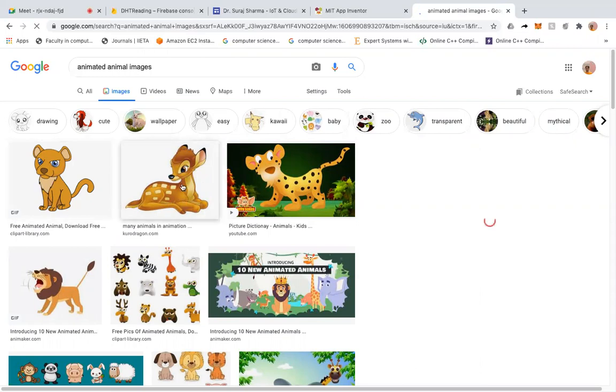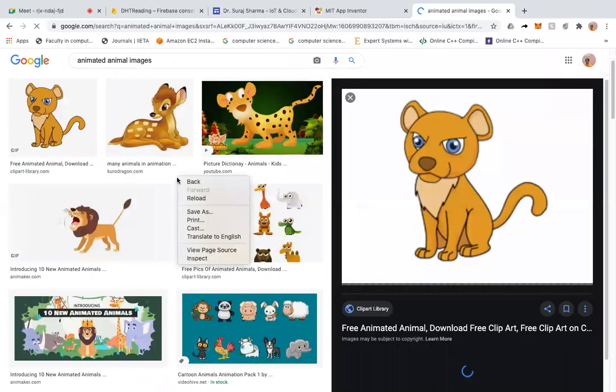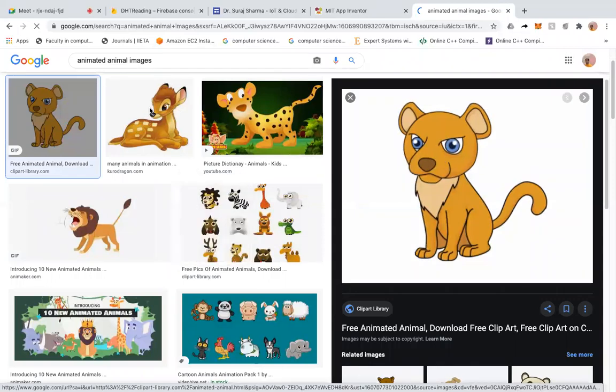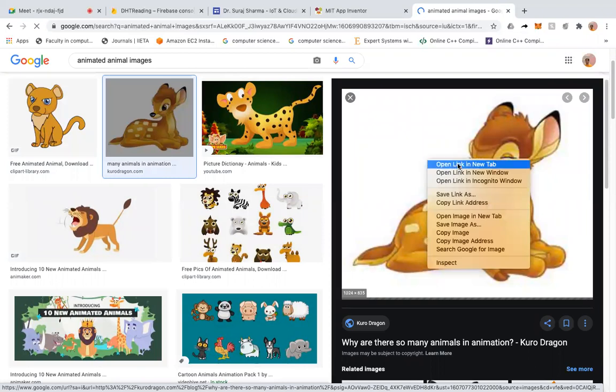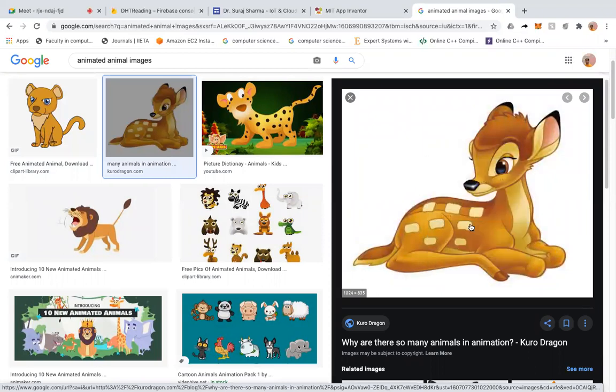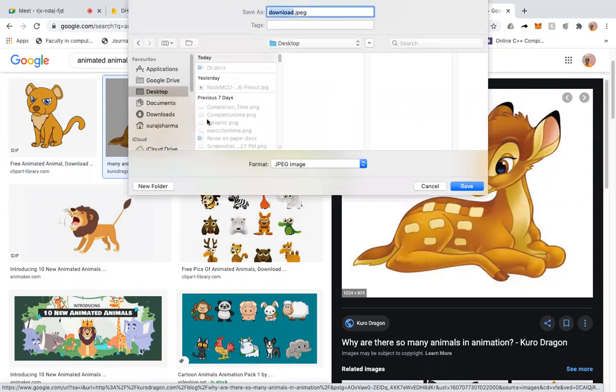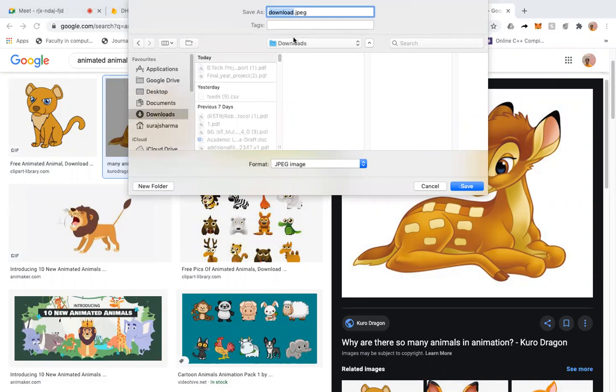These are GIFs, so I'll take this particular image. I'll save it into the download section, let's say, and I'll save it.